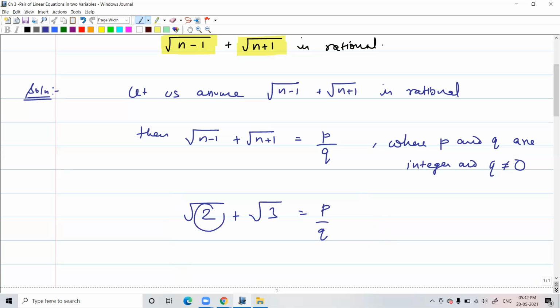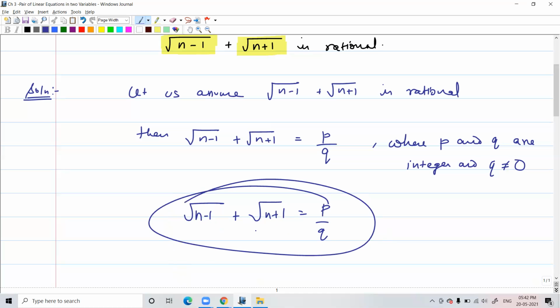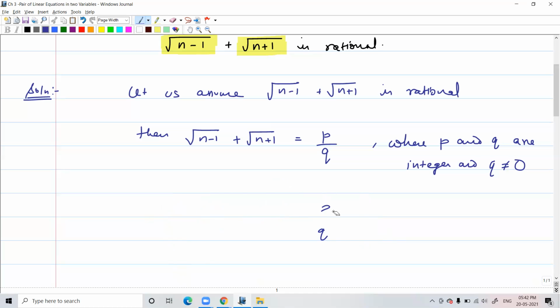But because there are no specific numbers inside the square root, there is n and n minus 1, n minus 1 and n plus 1, just squaring will not help you. So if you want, you can give it a try. Try to square both sides and see where you get stuck. You will try that at home later. But for now, what I will do,